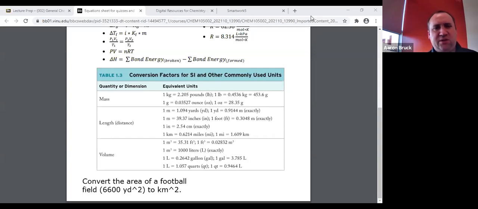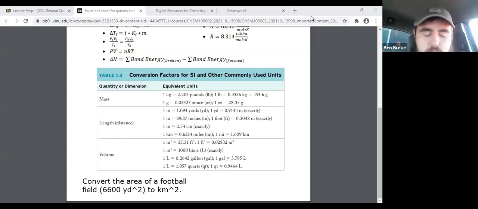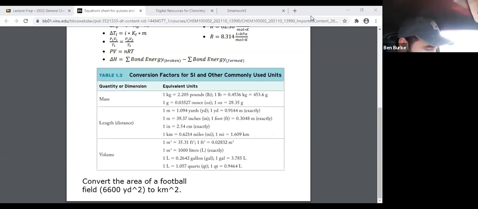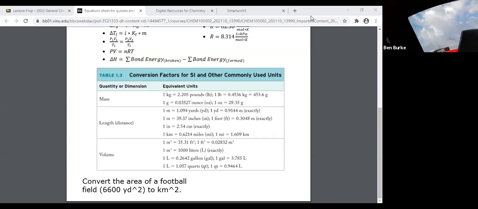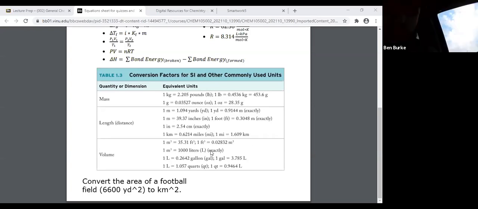You got 7.2 square kilometers. Let's see where that takes us. So how did you get it? What was the first thing that you did? Oh, wait a second. Okay, so I put on there 6,600 yards, and then I multiplied that by